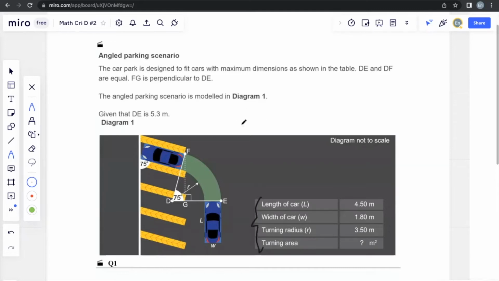DE and DF are equal. DE and EF, and FG is perpendicular to DE, which also means that this is a right angle. The angled parking scenario is modeled in diagram 1, which is shown here. Given that DE is 5.3 meters, which means this is 5.3 meters,